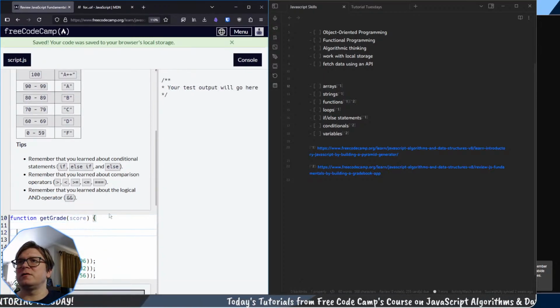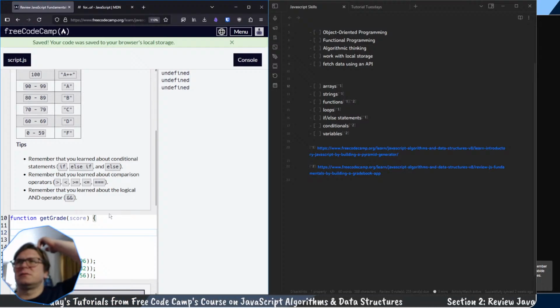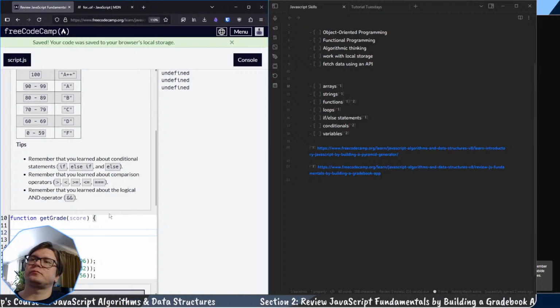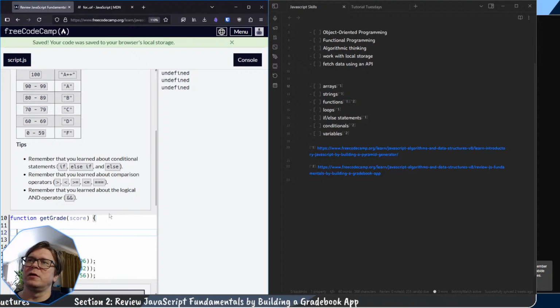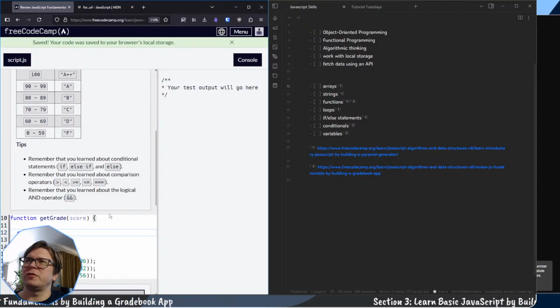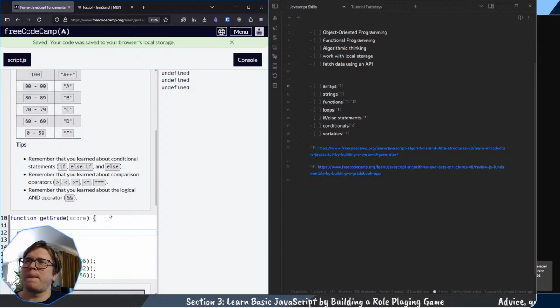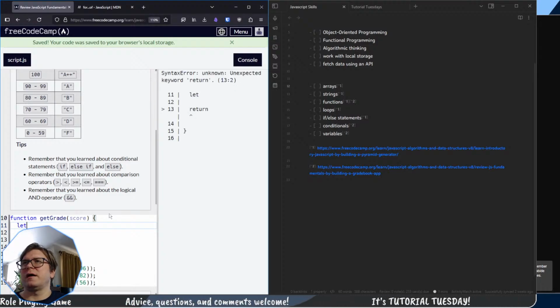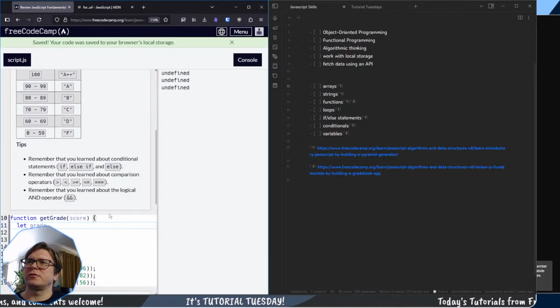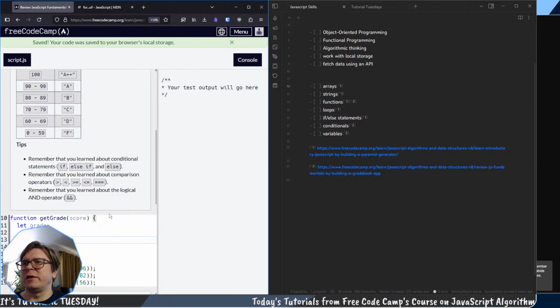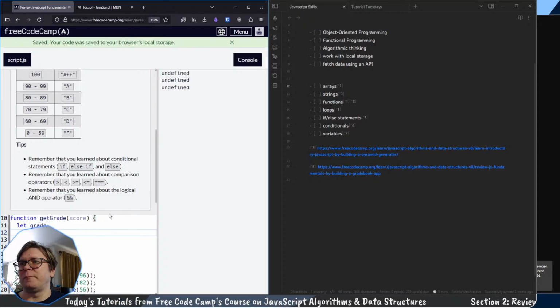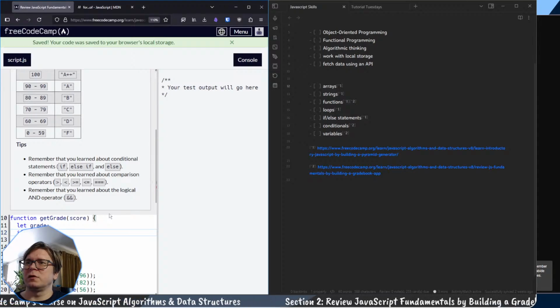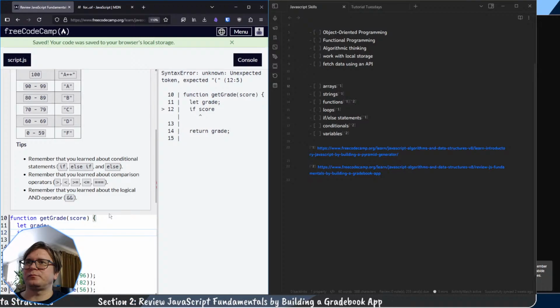And so what we'll do is, what's good practice? We couldn't do a return after every single one. I think the good practice is to only return one thing, right? So we'll define this up here. What we'll do is we'll do const or let grade or something like that. Let grade exist. Let there be grade, and then the score. If score, right, and we have to make sure that it's exactly equal to 100. Then